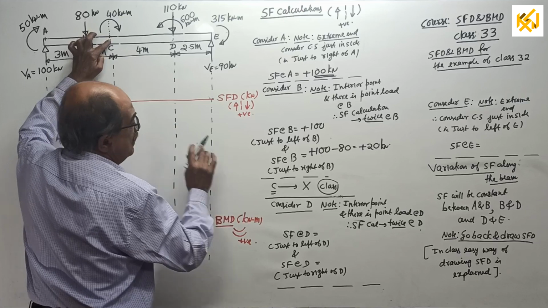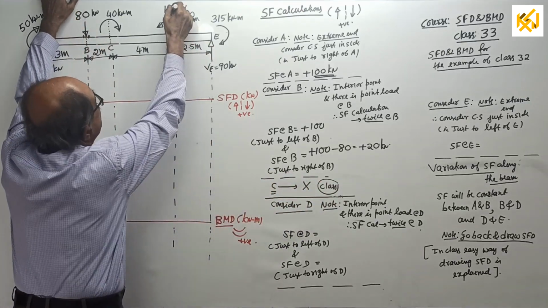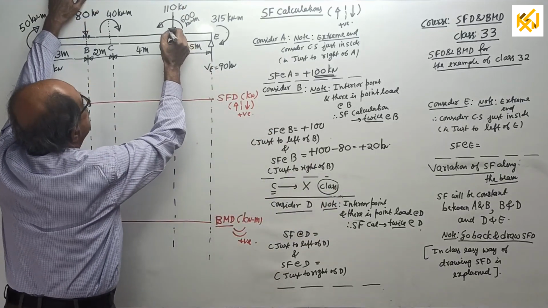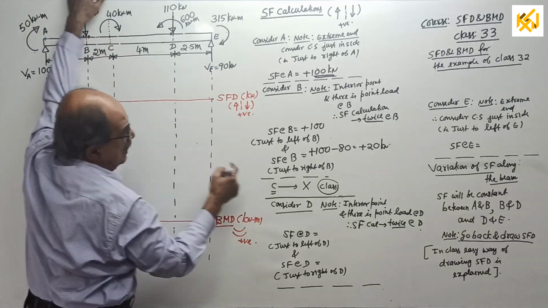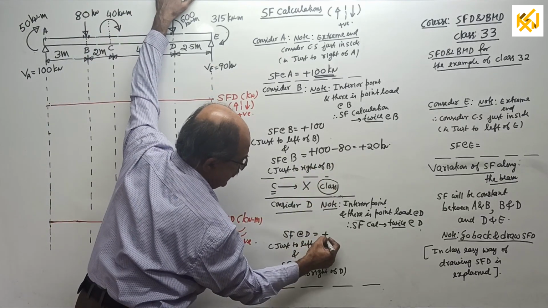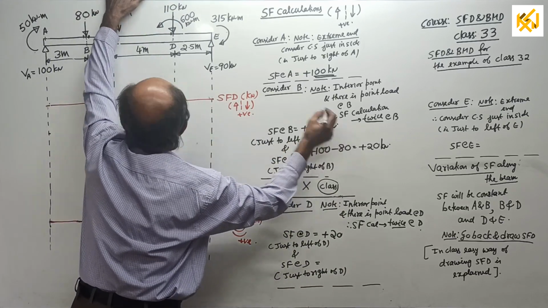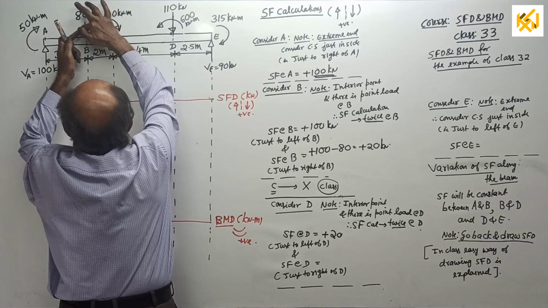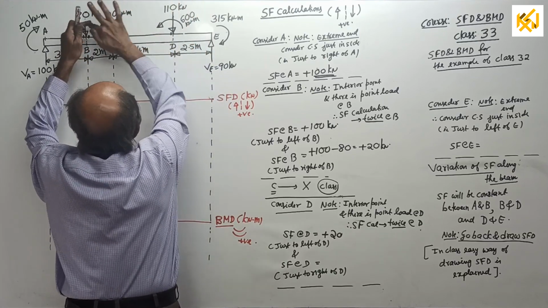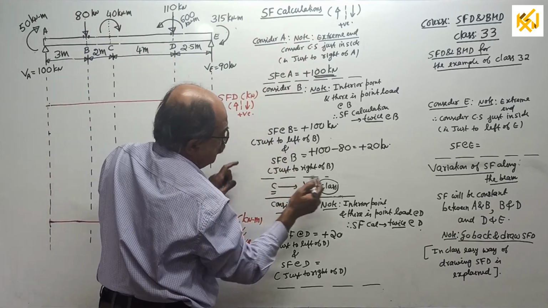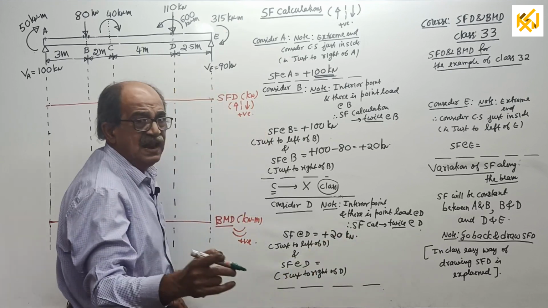C, I told, is not coming for shear force calculation. Come to D. Again, there is a point load, I have written there. So, first, just to left of D. See, just to right of B, I got plus 20. First, copy it. Plus 20 kilonewton, I forgot to say. Okay. After just to right of B, till just left of D, between these 2 points, there is nothing, no load. Therefore, as I told, keep quiet. I will tell one more method now.